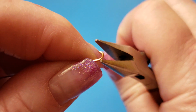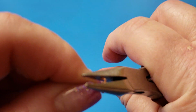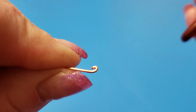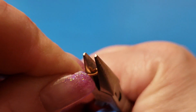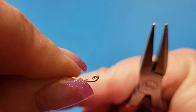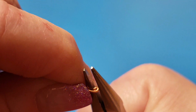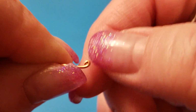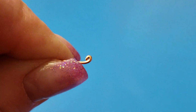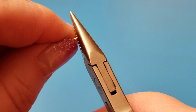Okay, so you want a partial curl and crimp it down, and then crimp it back like this. You see how it bent there? And even a little bit more there. I still see a little hole, but that's okay. And then you grab it with your pliers